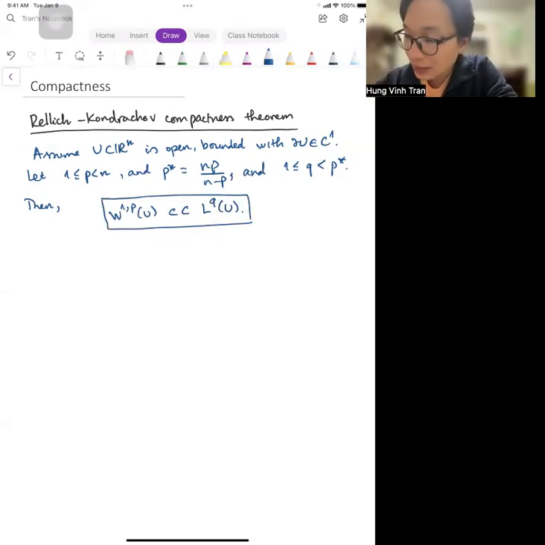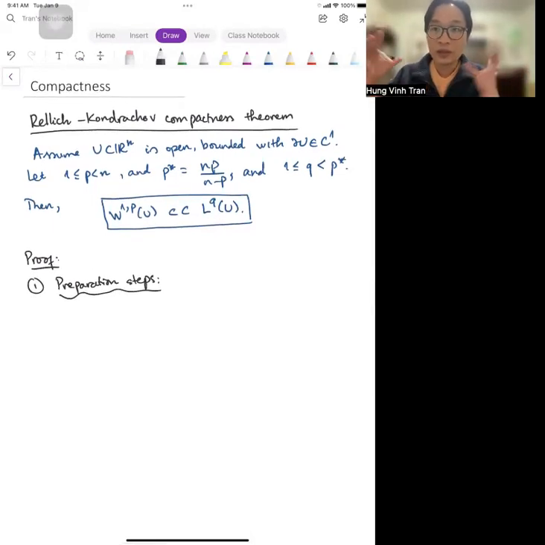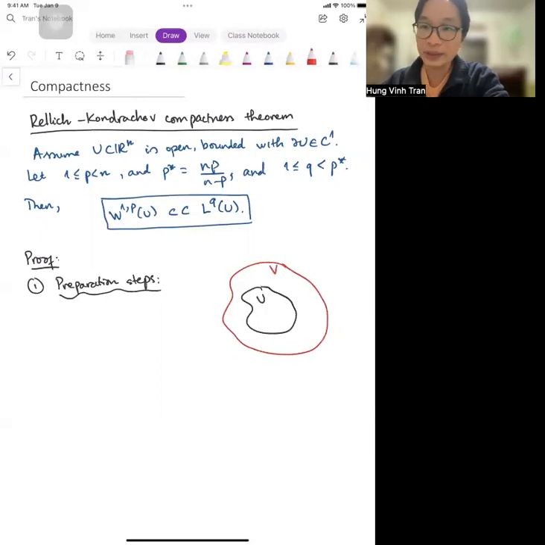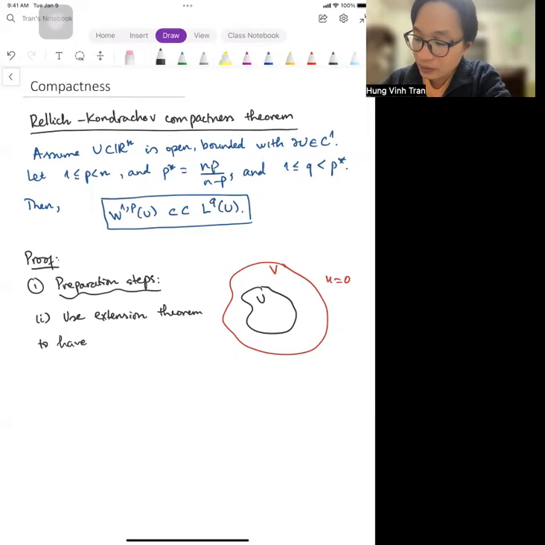All right, so in class, we have the separate preparation steps. So let me write out the proof in the various steps. The first thing is preparation steps. We started with a bounded domain U, but as we said, we can always use an extension theorem to extend everything to be compactly supported in R^n with support in V. So everything is equal to 0 outside and has compact support in V. So the first preparation step is that we use the extension theorem to have that